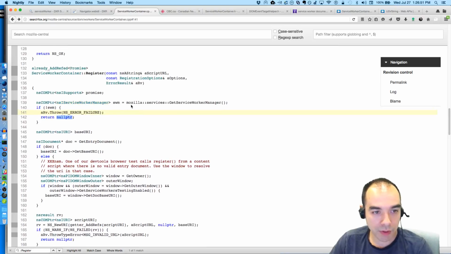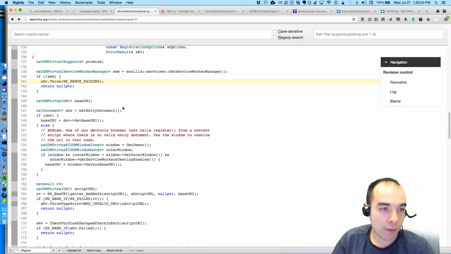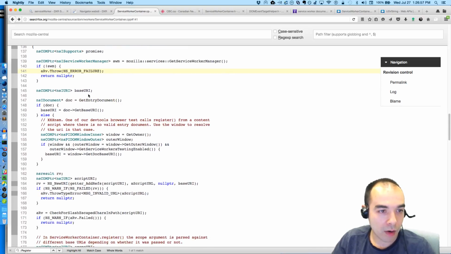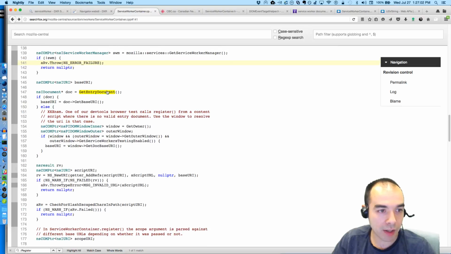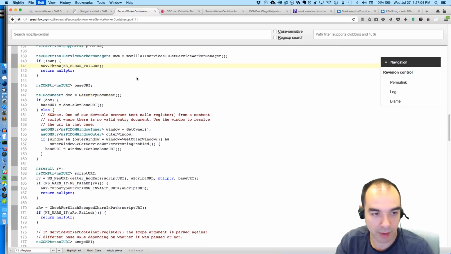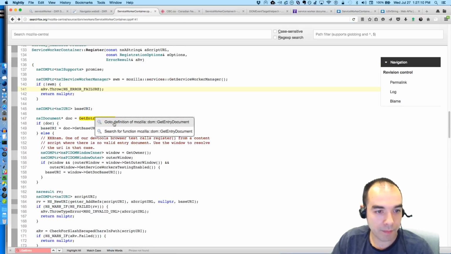Okay, so once we've determined that we've got the service worker manager, here we create a pointer to a base URI, and then we're getting the entry document. What is get entry document? Where was I just now? Get entry document.